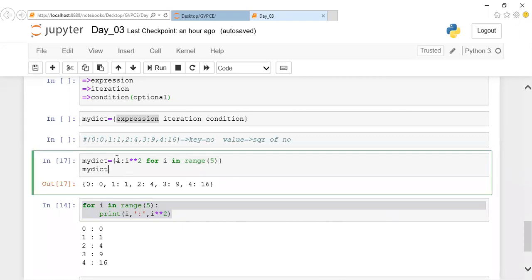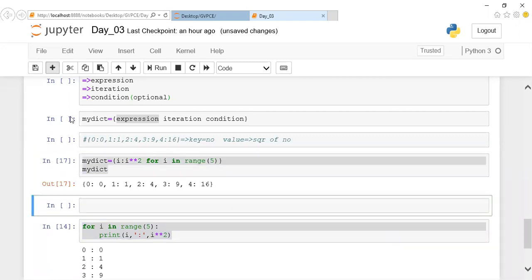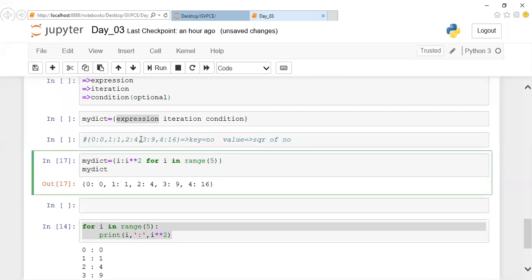Let us assume here we are creating this one, right? You are mentioning 0, 0 square, 1, 1 square, 2, 2 square, right? Instead of this, I want to mention the even numbers alone. I don't want all the numbers squared. I want to print the square only for the even numbers. If you're going to apply a condition like this, how can I do it?